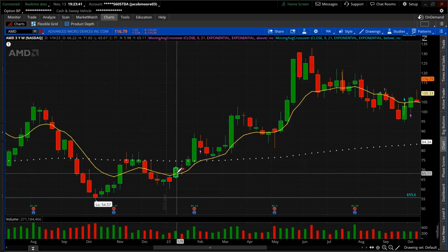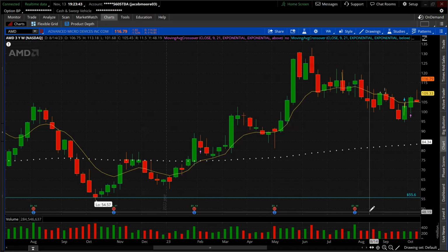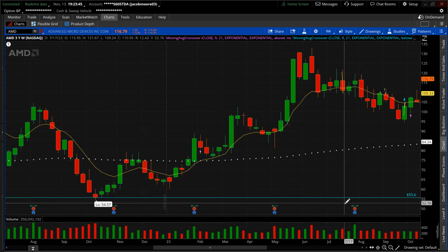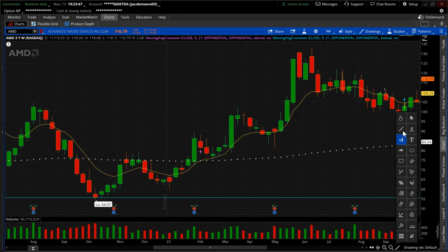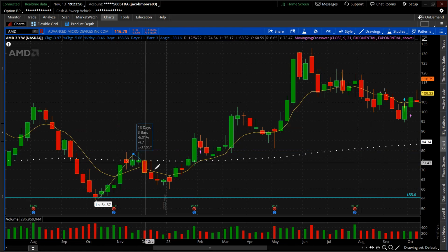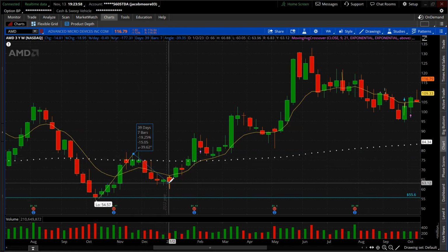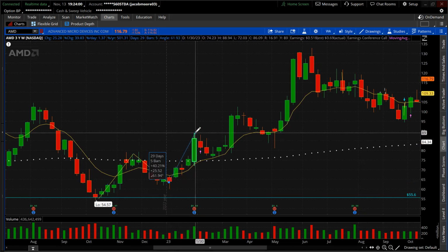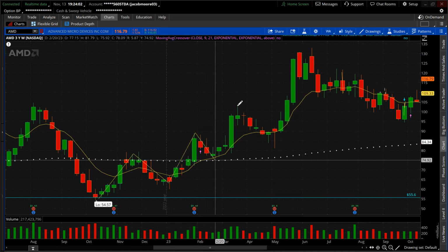I'll make it a little easier. I'll zoom in right here. What's this? What are we making here? Cup and a handle. There are multiple cup and handles, yeah. But we're also making, so that's a high. What are we making? Higher highs and lower lows,